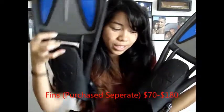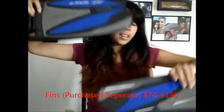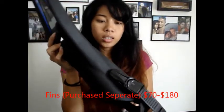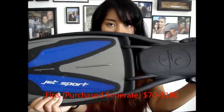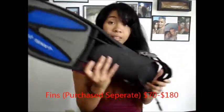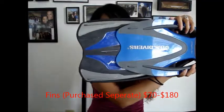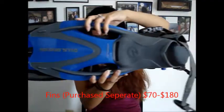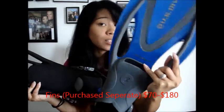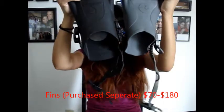These are my husband's fins, these right here. And these fins ran about $80. So they're obviously a lot longer than the other ones. There's the fin difference. And these fins last year were actually my husband's fins. So as you can see the difference in the fins itself,